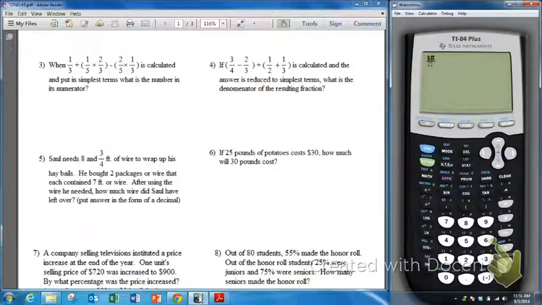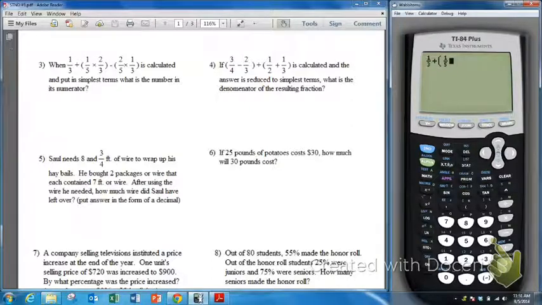So I'll just plug in what my expression looks like. So we've got 1/3 first, and I'm going to arrow to the right to get outside of my fraction so that I can put this plus in. If you don't do that, I'll just put the plus in the denominator, which is not what you want. So then we've got parentheses 1/5. So to get a fraction again, I'm going to hit that green alpha button followed by y equals, hit enter because that's the first option I want, and we'll put in 1/5, 1 in the numerator, 5 in the denominator,